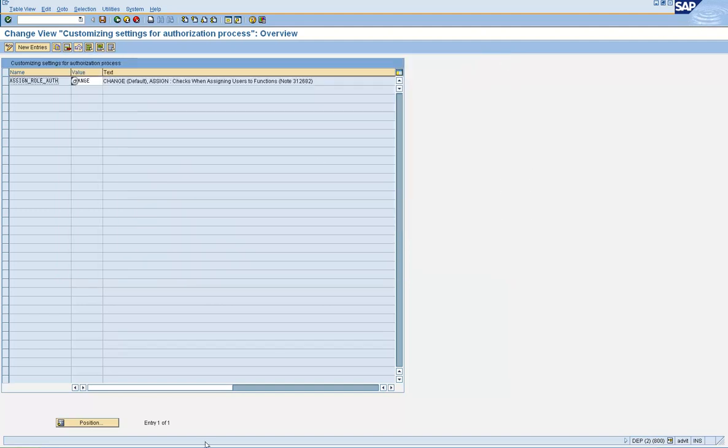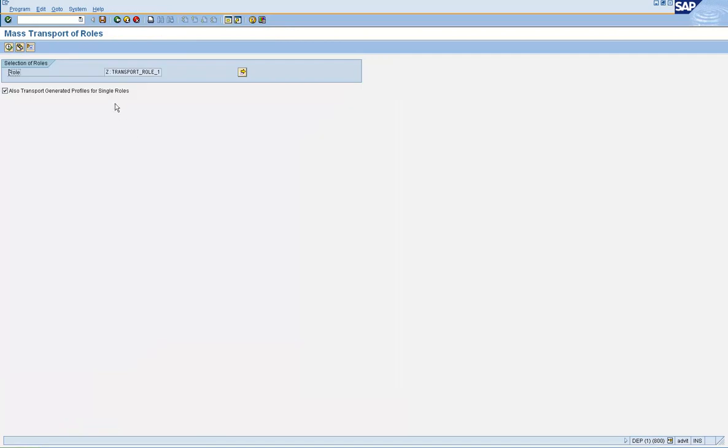So let's go back to our transport. Click on the execute icon to start creating the transport request.